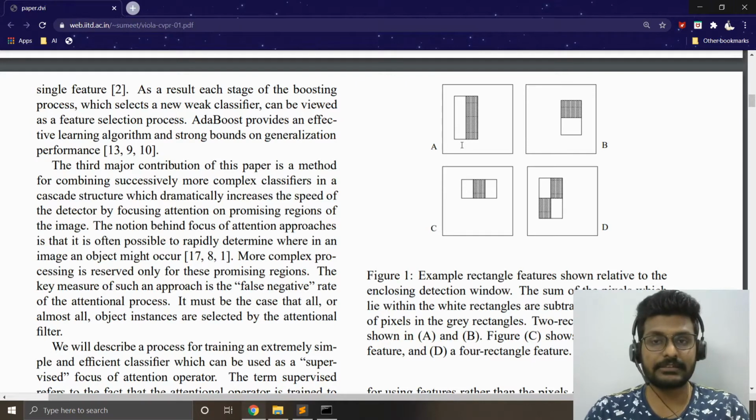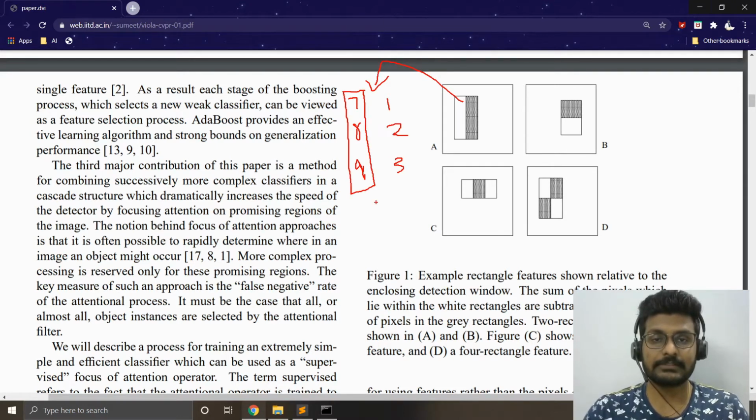So let's say this filter is applied onto an image, and I have six numbers, let's say 7, 8, and 9, and this is 1, 2, and 3. If this filter is applied to this image region, I will add this set of numbers. Let's say 9 plus 8 plus 7 gives 24 as the sum. For this one, I'll be getting a value of 6. So I'll be subtracting the darker region from the brighter region, and obviously I'll get a value, let's say 18. This will be the single output value for each and every filter. So for each and every filter, we will have a single feature value.